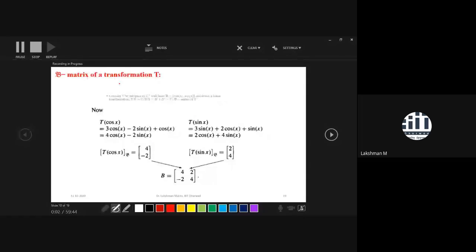Here this V is a subspace of the space of all continuously smooth functions, or simply infinitely smooth functions. C infinity is a collection of all functions having the nature of either exponential, sine or cosine kind of function. That means it is differentiable infinitely many times. So sin x is always differentiable many times, and cosine x is also differentiable many times. But we are not taking the complete C infinity. We are taking just a subspace whose basis is cosine and sine.